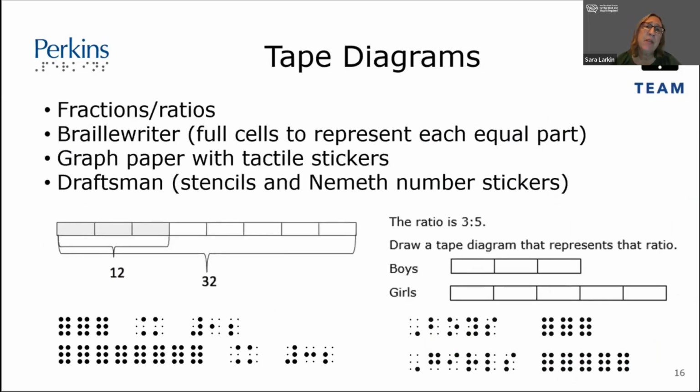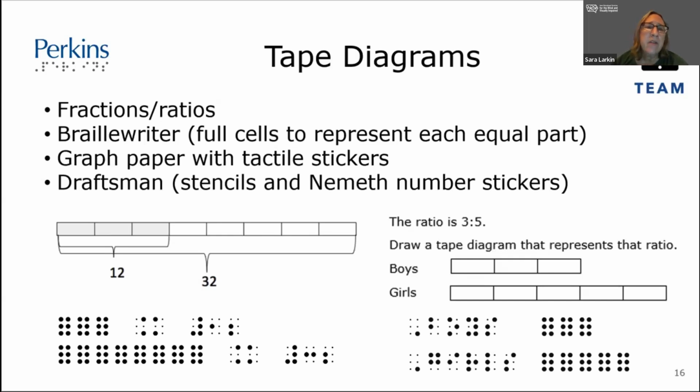Tape diagrams. So tape diagrams are one more concept that's often listed in the Common Core. These are very visual and they usually include squares or rectangles that are connected, but they're used to represent those fractions and ratios as well. So again, we can use that full Braille cell a lot of times to represent those equal sections or equal parts. I can use graph paper with tactile stickers or the draftsman with stencils,